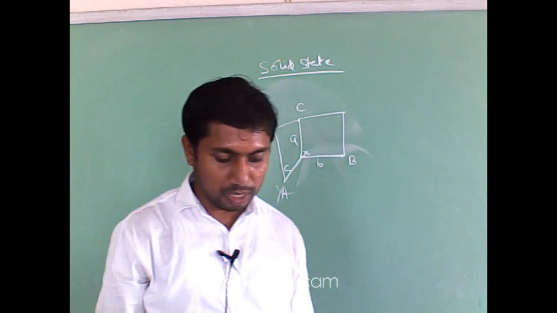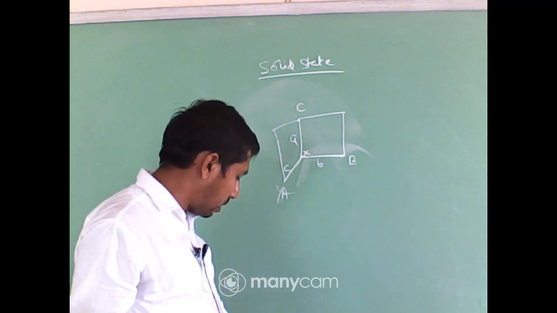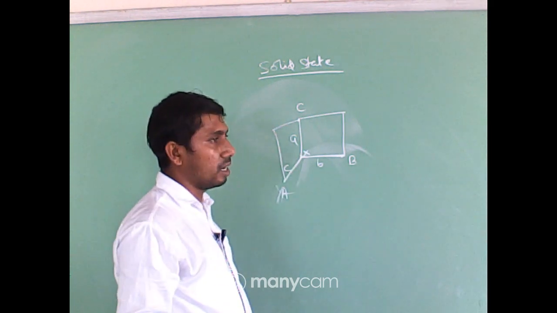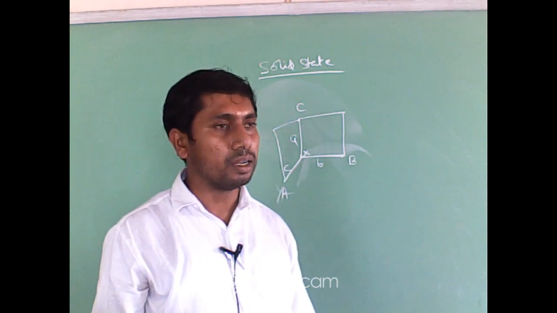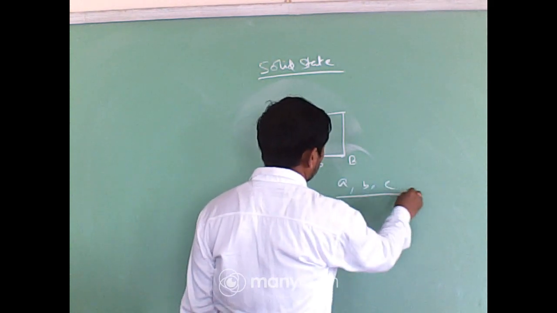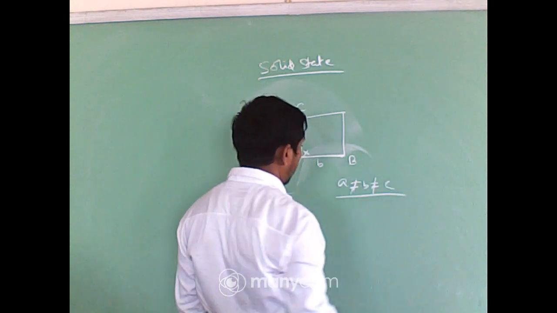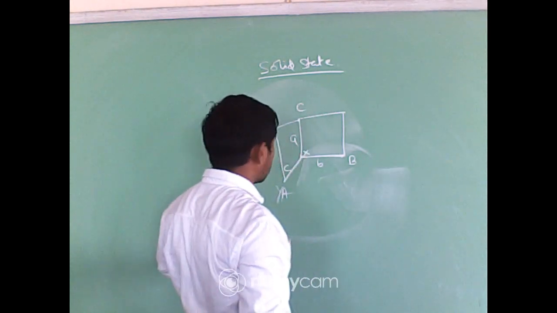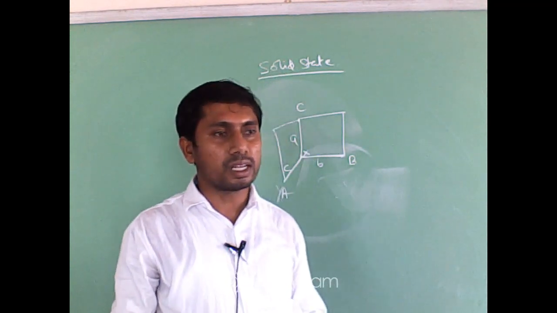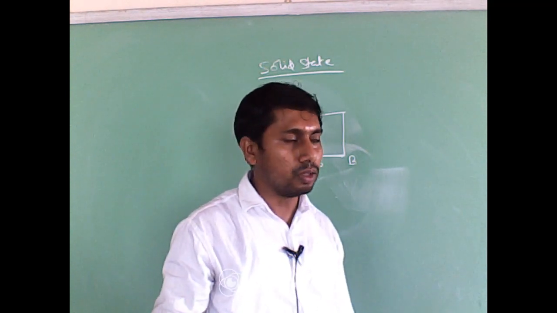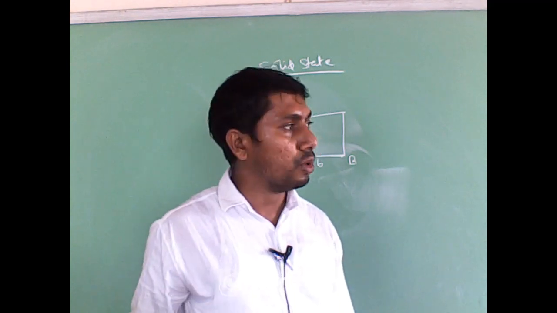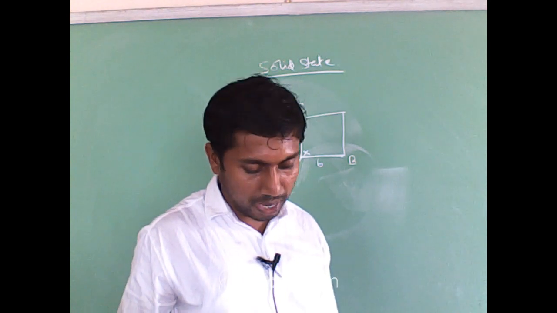Now, next point: in the case of an amorphous solid, it is irregular in shape. What does it indicate? That the distances a, b, c, etc., represented in small letters, must not be the same throughout the crystal structure, and the angles between these axes must not be the same. So here there are 2 kinds of solids, one crystalline and another amorphous. The crystalline solid has a definite shape, but the amorphous solid does not have a definite shape due to differences in bond length and also in bond angle.